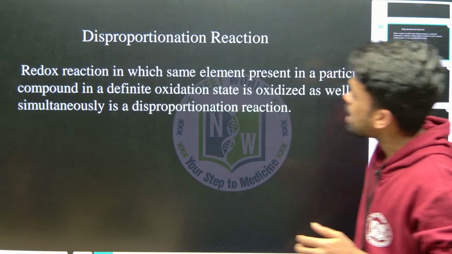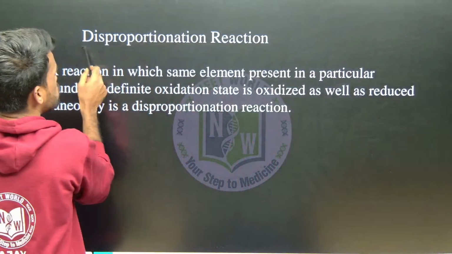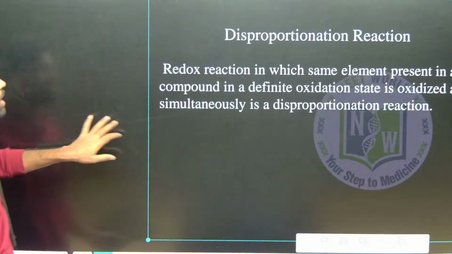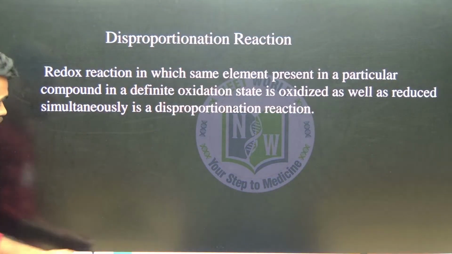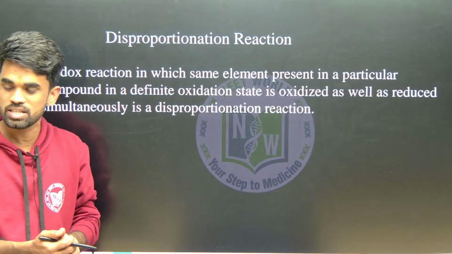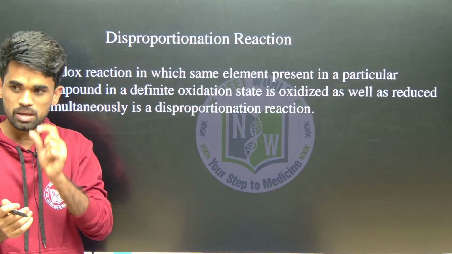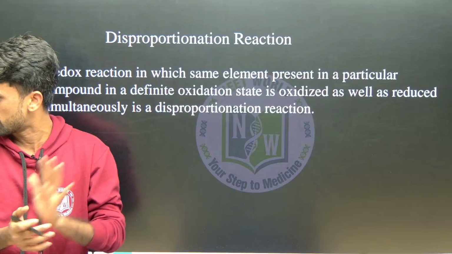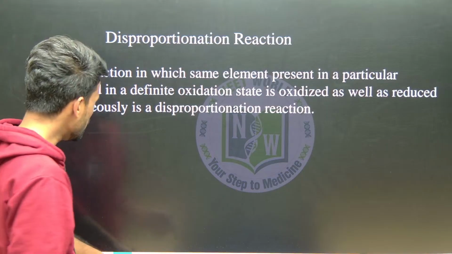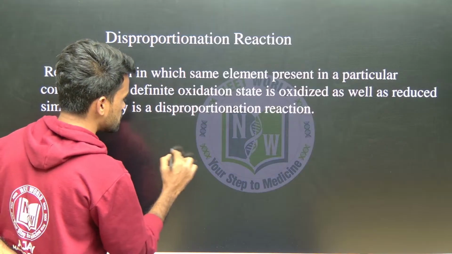Okay, in the last sessions we have covered disproportionation reactions from redox reactions. So now tell me, what do we mean by a disproportionation reaction? The same element undergoes both oxidation and reduction simultaneously. One example that we have discussed is